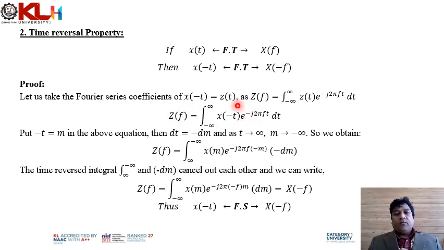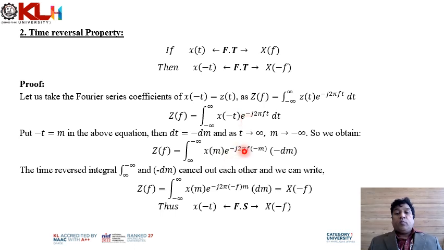So we are going to take the Fourier transform of that signal x of minus t, which is simply the integral of x of minus t multiplied by e power minus j 2 pi f t dt. Then we substitute that variable minus t as m. Therefore, dt, this variable of integration, becomes minus dm. And then as t tends to infinity, m will tend to minus infinity. Therefore, the integral limits will be reversed, and we get the lower limit as infinity and upper limit as minus infinity, and x of minus t becomes x of m, and we have e